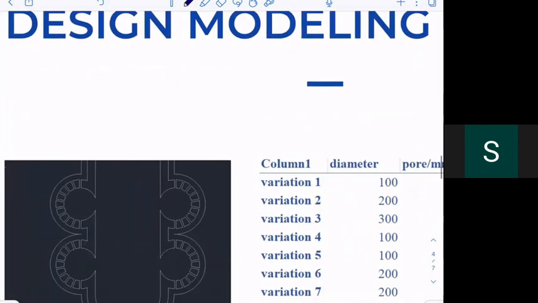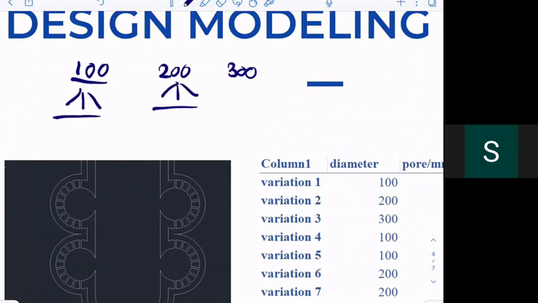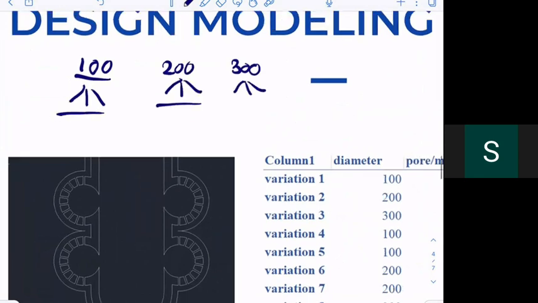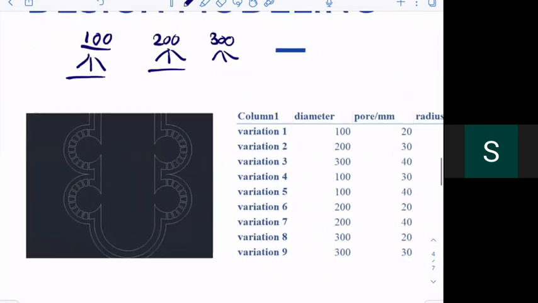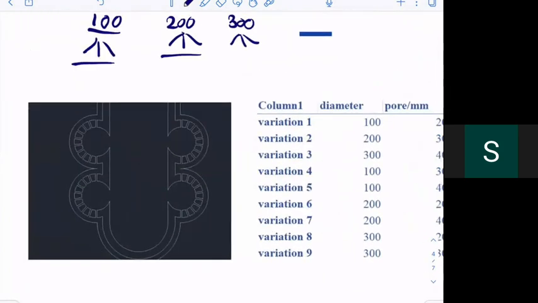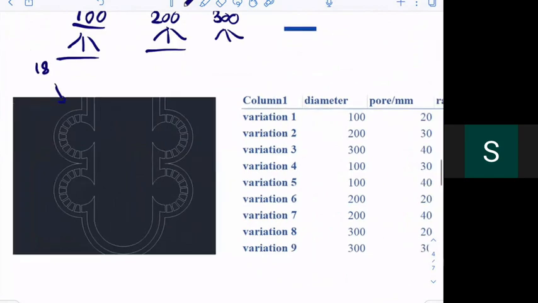And I did 100, 200, and 300 micrometer versions. The 100 had different numbers of pores, the 200 also had different numbers of pores, and the 300 also had different numbers of pores. The one that we tested the most is the 200 one, which had 18 pores right here, since it's the middle ground for all the